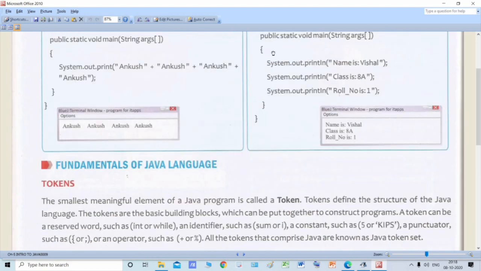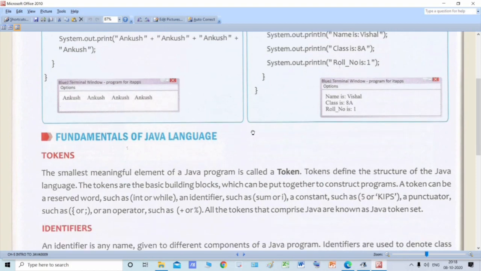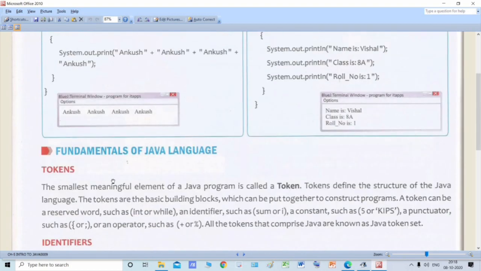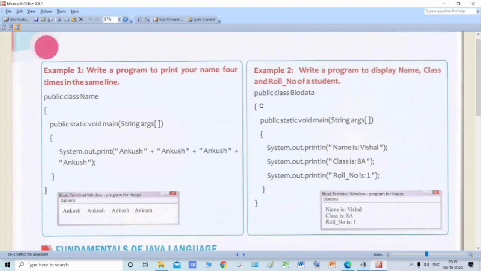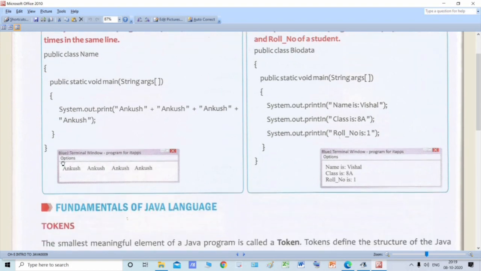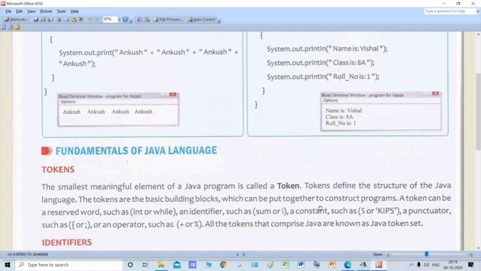The tokens are the basic building blocks which can be put together to construct a program. So different tokens are there in this Java program, and different tokens have been used to construct this Java program. And if you write other new Java programs, you will use different types of tokens.